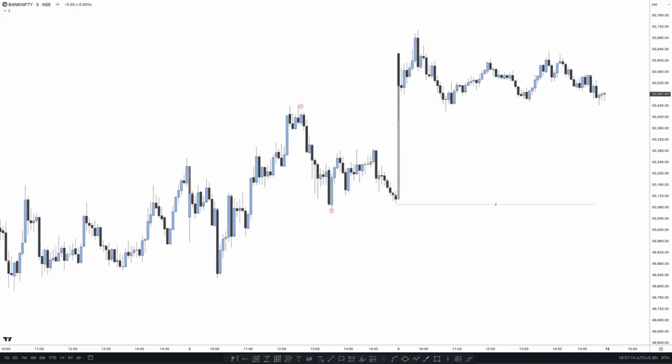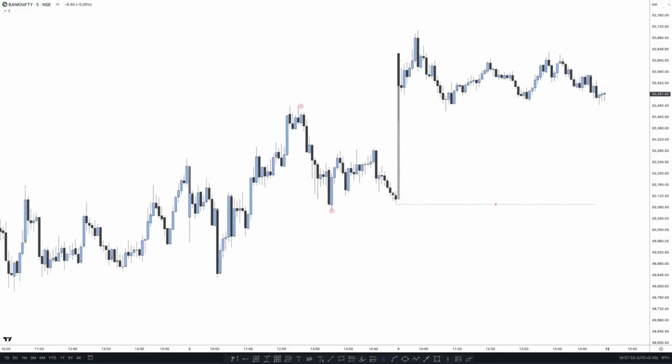Mr. Khan, the banks are inducing the SMC traders. Yes, these days SMC traders are being targeted by the banks and institutions because a lot of people are still buying or selling only on order block. They think the order block is enough and this is SMC. No, order block is not the only SMC. If you think that, I think you don't know about SMC. SMC is not order block. Order block we use just for the refinement of entries. The main thing you need to understand is the behavior of the market and structure.